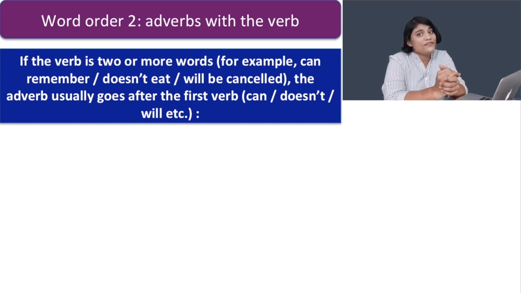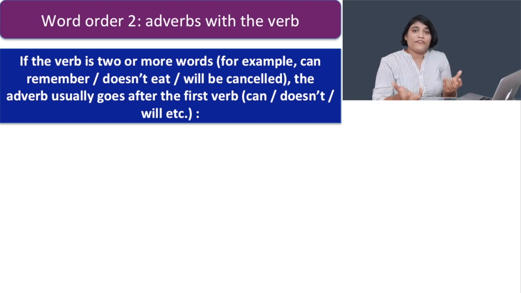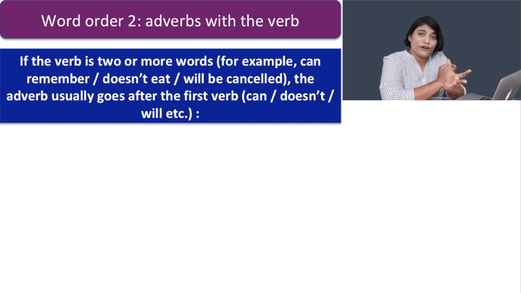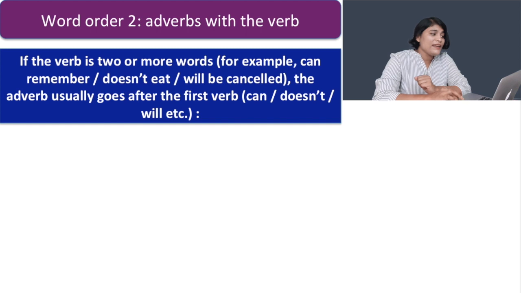You have to watch that video lesson. I will provide the link in the description box below. So if the verb phrase is made of more than one verb, like can, remember, doesn't, eat, will be cancelled,